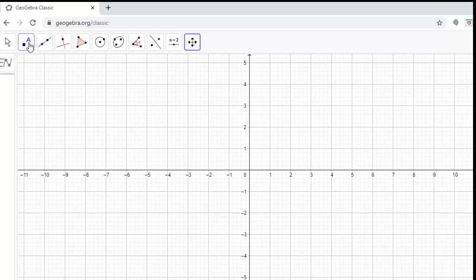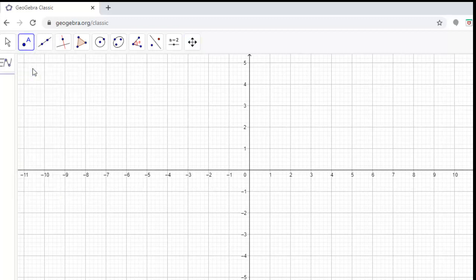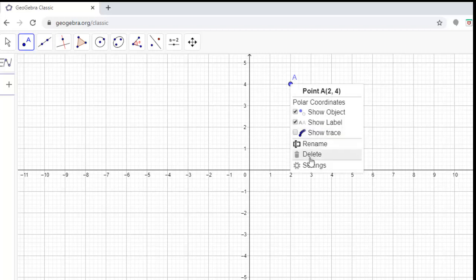Now for the first point, suppose I want to plot a point in the first quadrant, 2, 4. So I will select the point on the x-axis 2, then on the y-axis 4. So my first point is A, 2, 4. You can display the label.